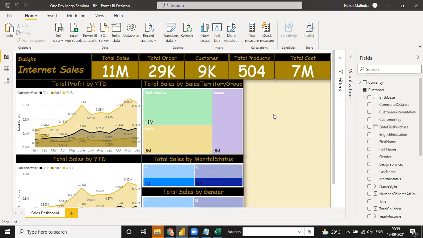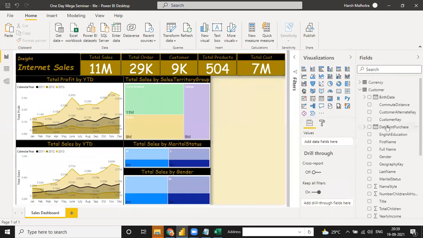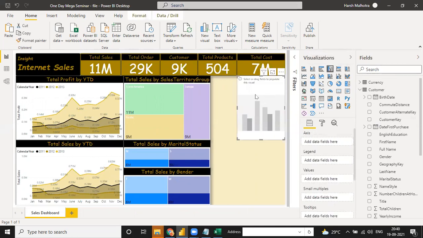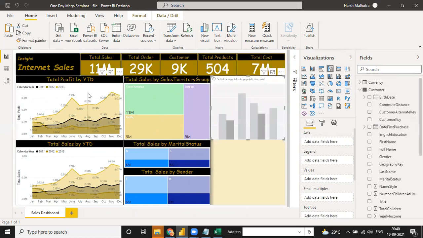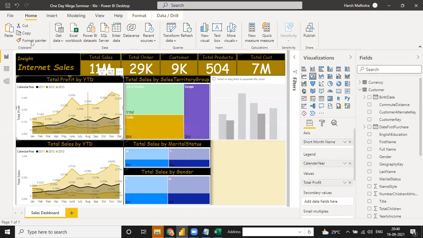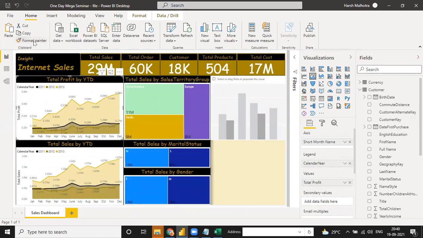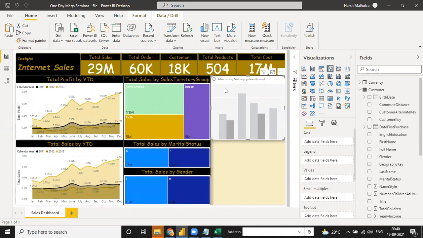And now we are making sales by territory and as well as by state. So just go to visualization, click on which chart, yeah, this one, the clustered column chart. Go to this format and format painter.